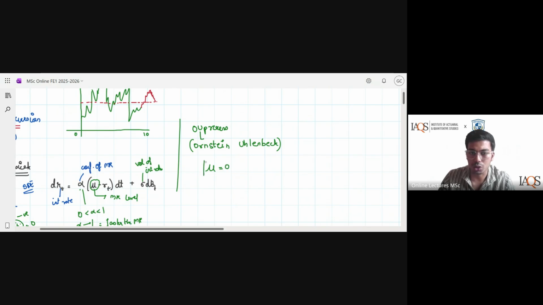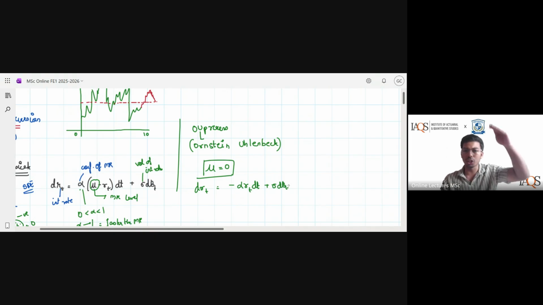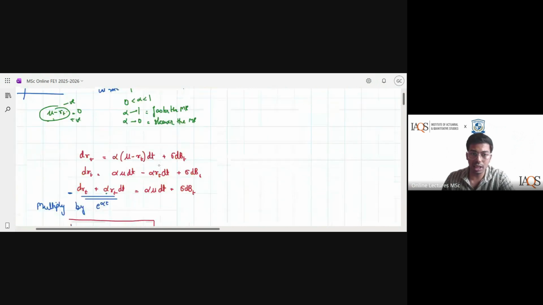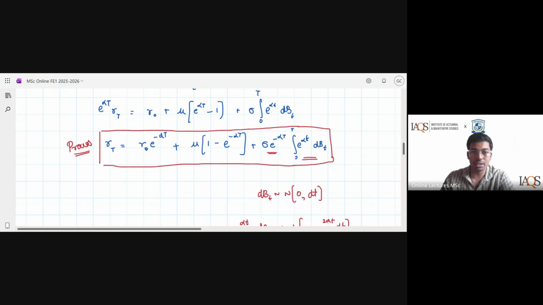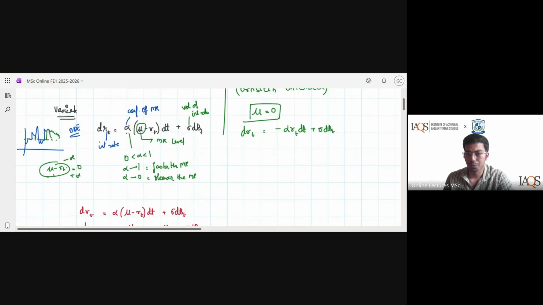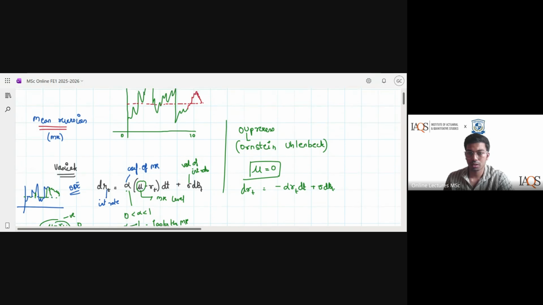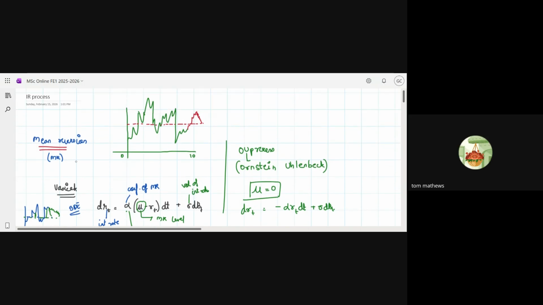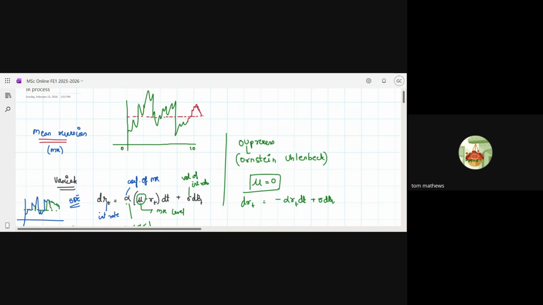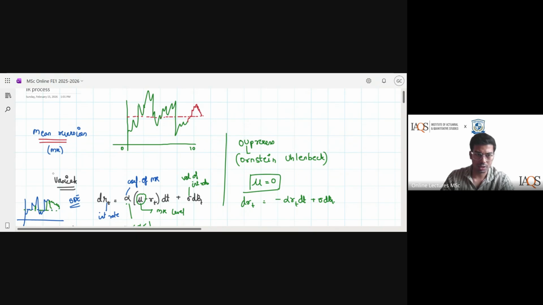There, mu is equal to 0. That's the only difference. Your SDE therefore becomes dR_t = -alpha R_t dt + sigma dB_t. He assumes that the long-term mean of interest rates is 0. That is his assumption in the model. Thus, the entire derivation remains exactly the same. This mu term will become 0. That's the only thing that will change. So the OU process is a particular case of the Vasicek process, yes. Basic process.